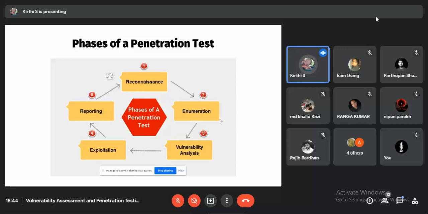Vulnerability analysis in the sense it is a process of detecting, classifying and locating vulnerabilities in the computer, system and network. Exploitation in the sense it is a process of enabling the pen tester to compromise the network or any kind of exposed system for further attacks. Reporting is a process of documenting the steps that led to a successful attack after the penetration testing.